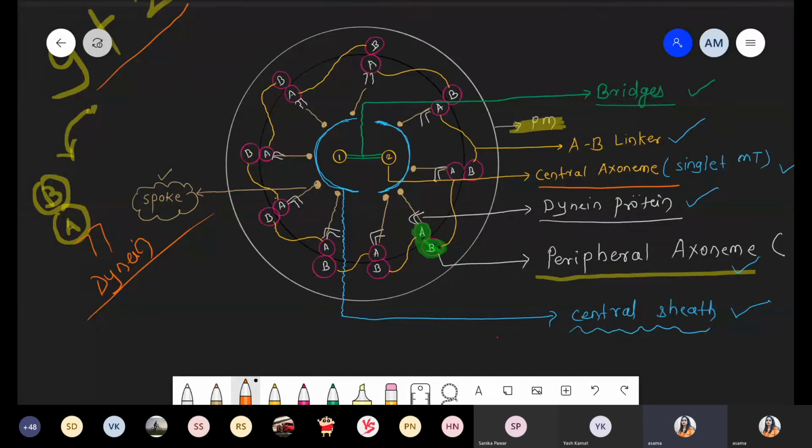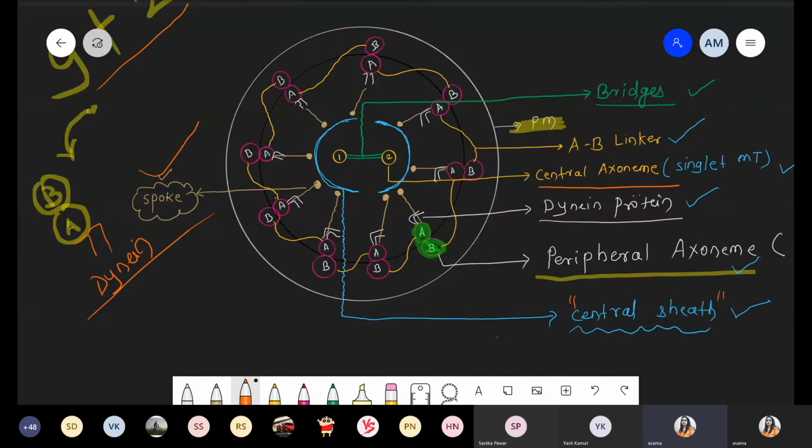That's it. Now the central axoneme is covered with some protective layer. A sheath is present, called the central sheath, which is formed around the central axoneme. And the last point: the A microfibril is connected with the central sheath with the help of spokes. Spoke is a very common structure present in flagella as well as in the centriole, because the entire structure is arranged in a circular manner. All these are proteins. But the peripheral part and the central part should be joined with some connection, and that fiber is called the spoke.